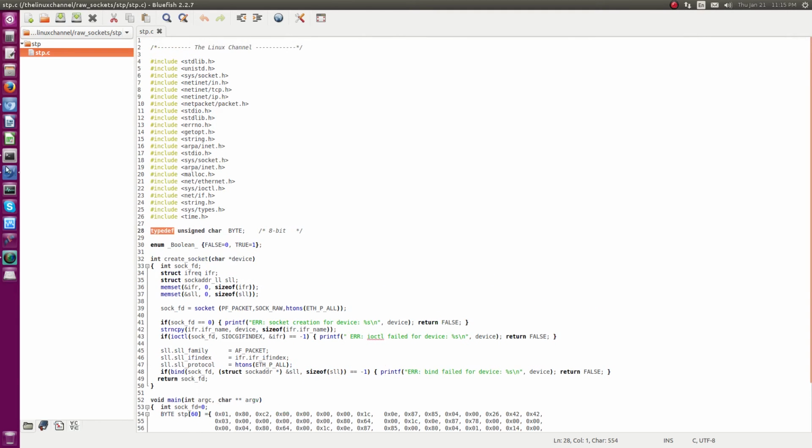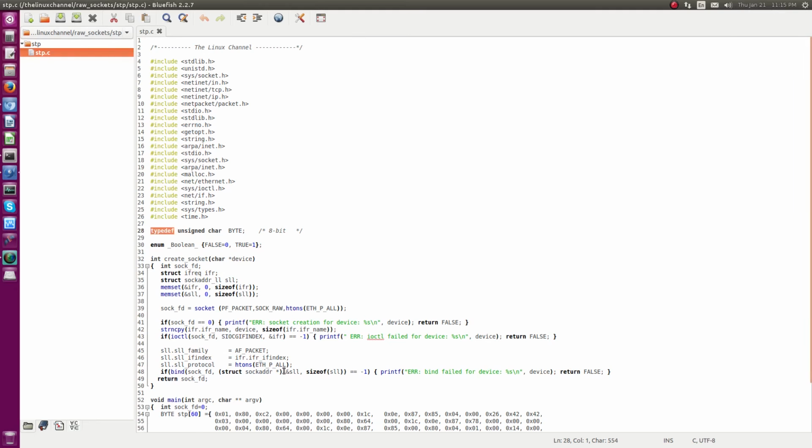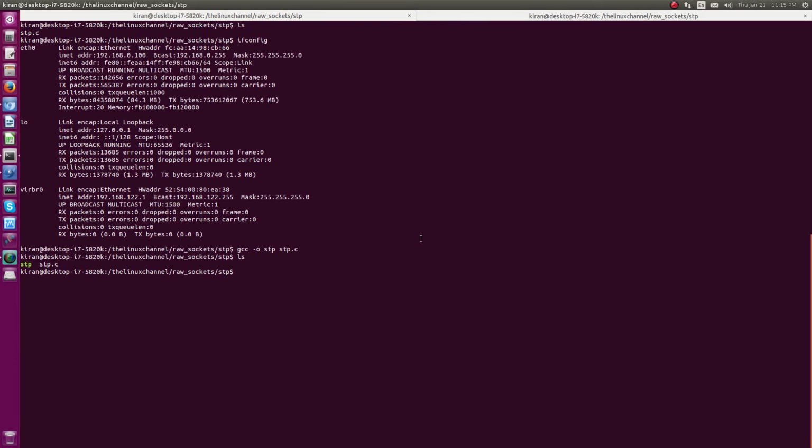So let me just compile this code, guys, and let me just do a quick demo. So gcc -o http.c. As you can see, it has got compiled, and in this case before executing, you should notice it takes the command line argument as the interface of the NIC card.